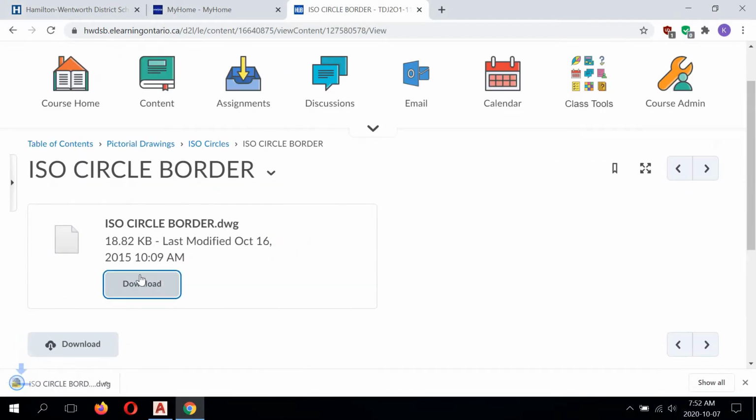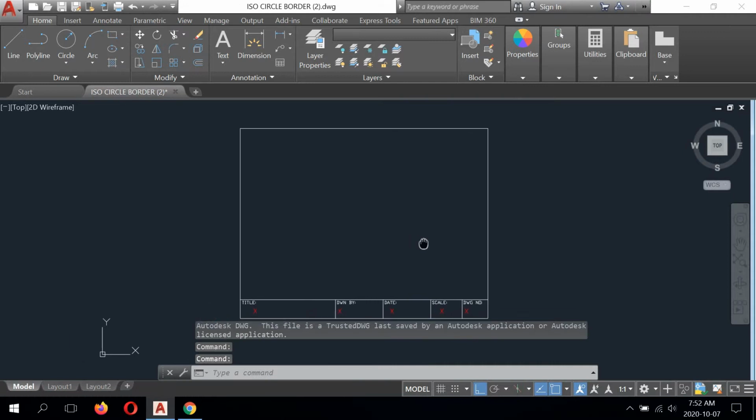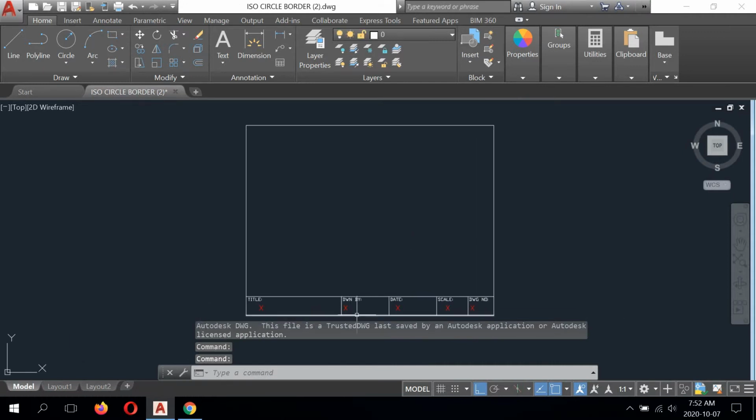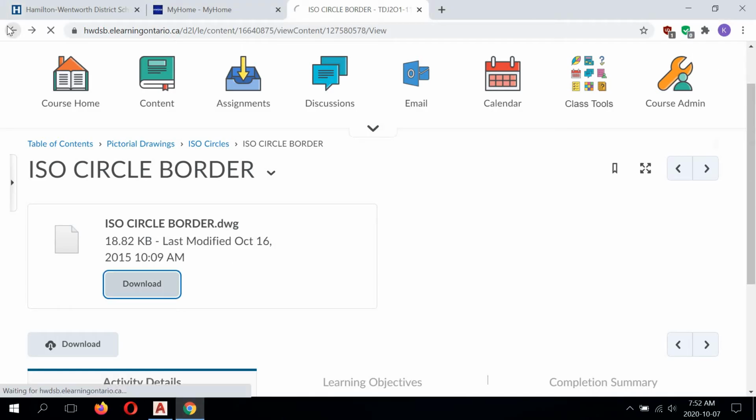You're going to download this and open it up, and it's just a basic border like you've seen before, and the title block needs to be filled in. Now you're going to have to download this 3 times because you're doing 3 drawings and they're not all going to fit in one border. So make sure you fill the title block in and center the drawing after completion. So going back,